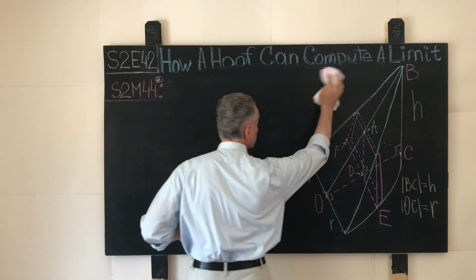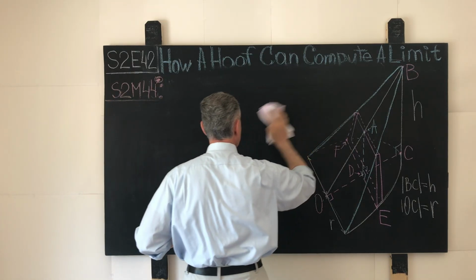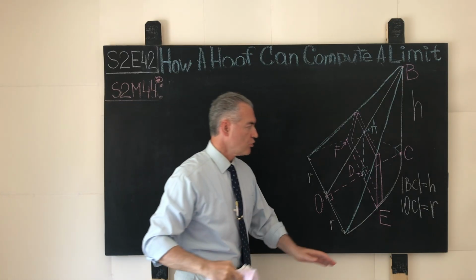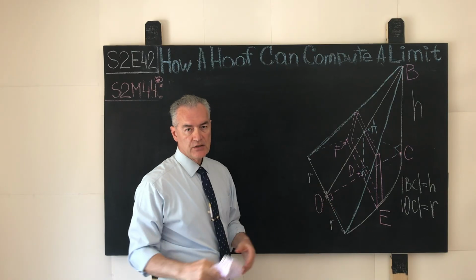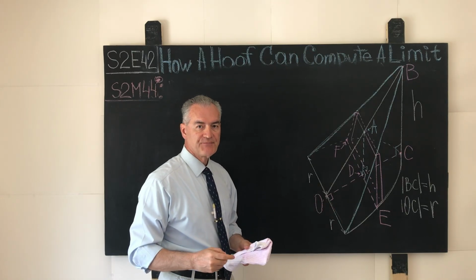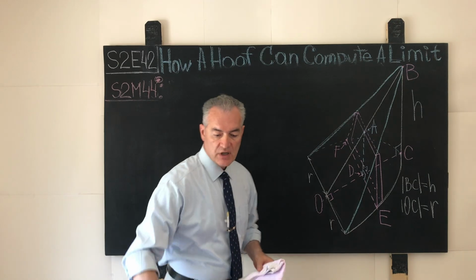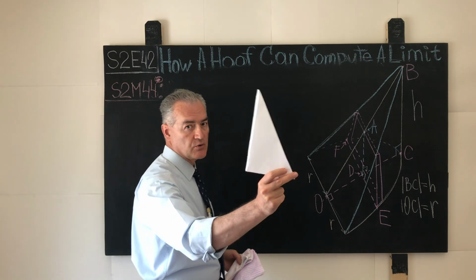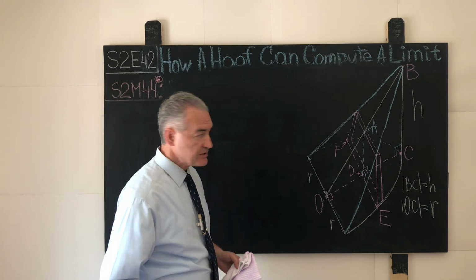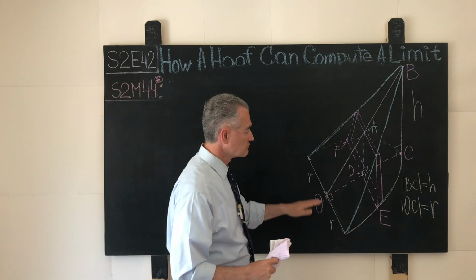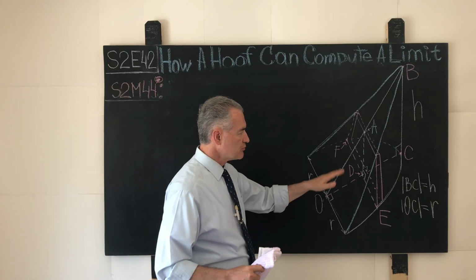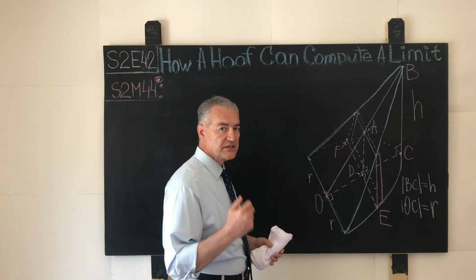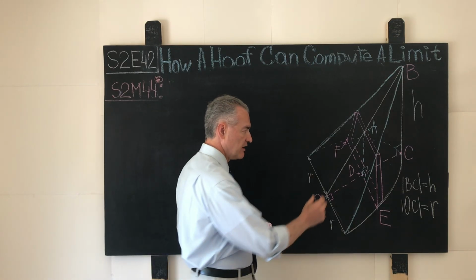Now we play pretty much the same divide and conquer game, but this time, instead of breaking up our hoof of Archimedes into smaller and simpler primitive parts, each of which looks like a triangular prism, the prism that we worked with in the previous segments, this time we break our hoof into smaller and simpler primitive parts, each of which looks like a rectangular prism, or basically a very thin